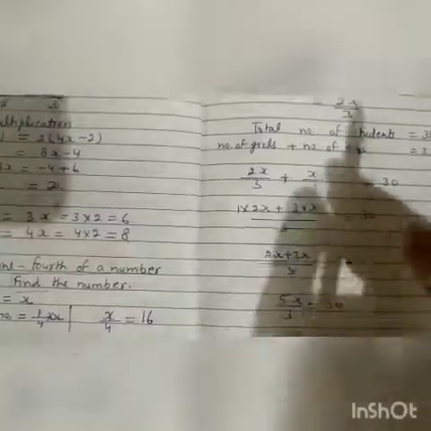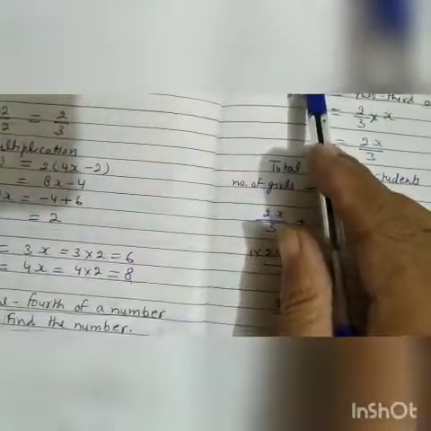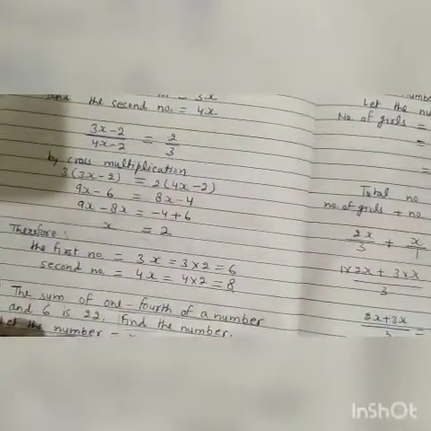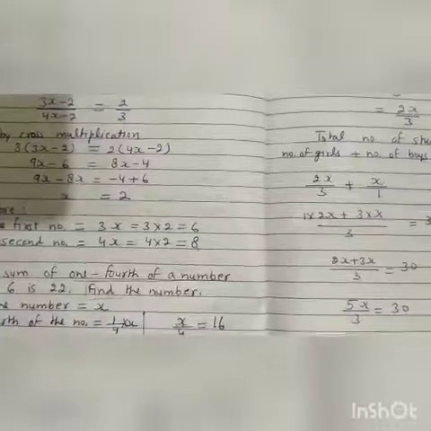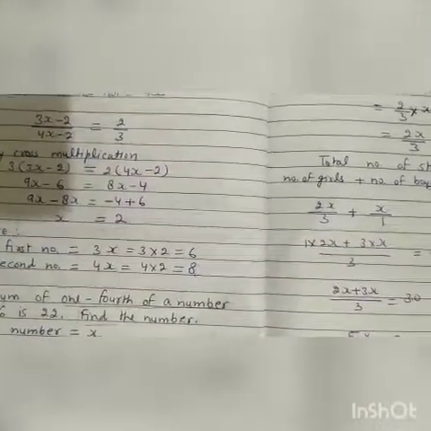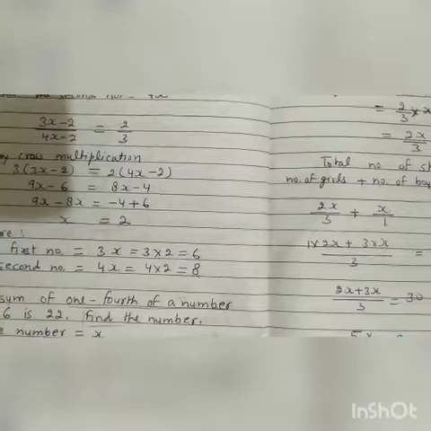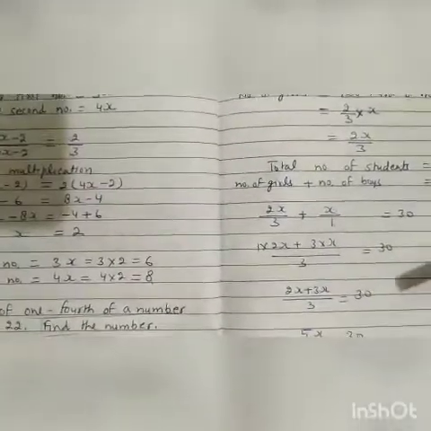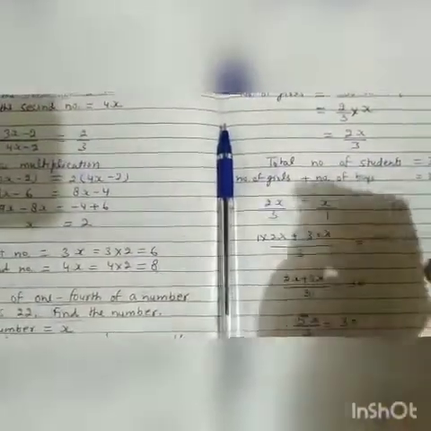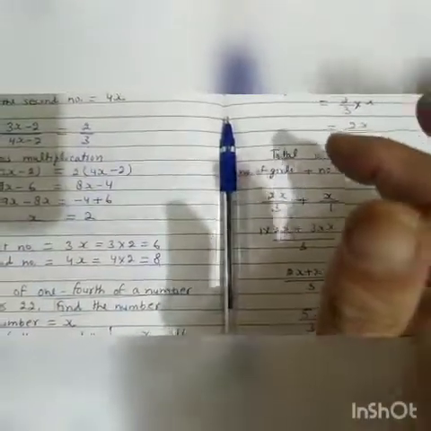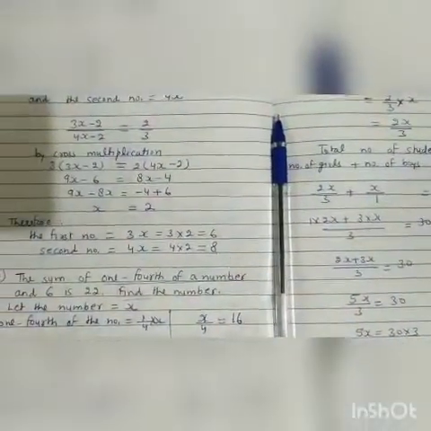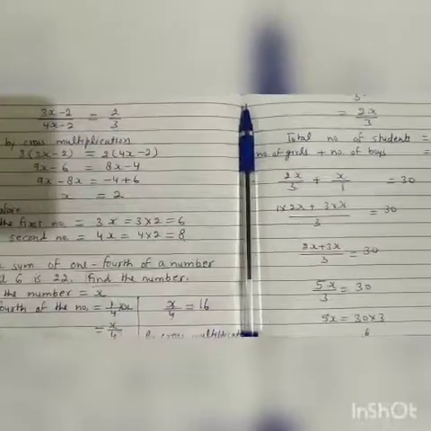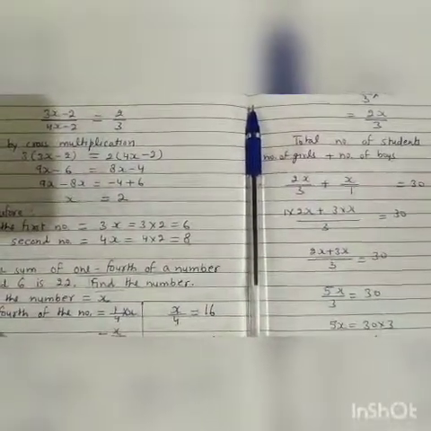So students, we have completed up to question number 11. Now 4 questions left. These 4 questions we will do in the next class. Then our syllabus also will be completed. You will write all these sums in your fair notebook, and students, you have to do examples of this exercise also. You will read all the examples.